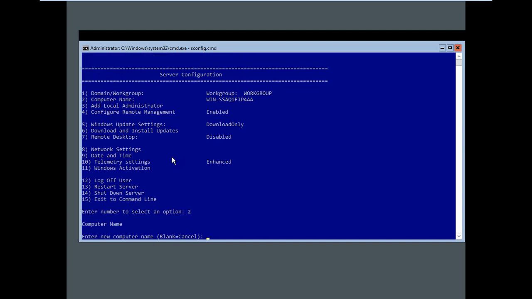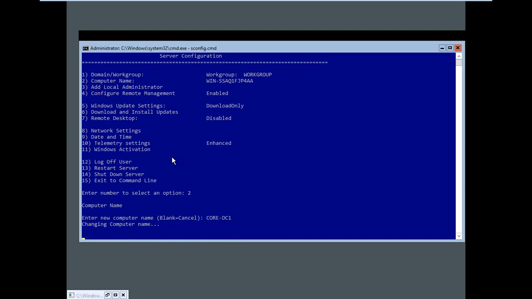For the new computer name, I am saying CoreDC1. Restart, yes. See, it's a fully command-line configuration.